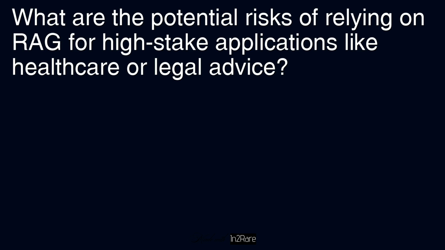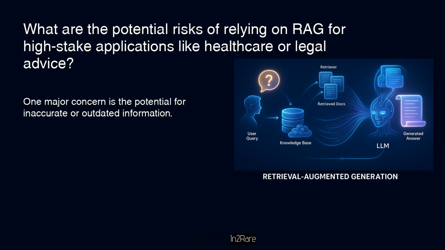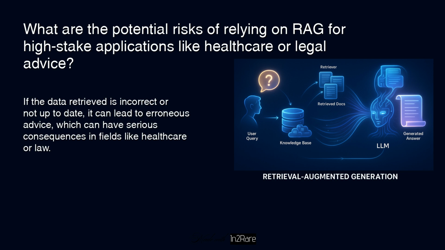What are the potential risks of relying on RAG for high-stake applications like healthcare or legal advice? Answer: relying on retrieval augmented generation (RAG) for high-stakes applications like healthcare or legal advice can be risky due to several reasons. One major concern is the potential for inaccurate or outdated information. If the data retrieved is incorrect or not up to date, it can lead to erroneous advice, which can have